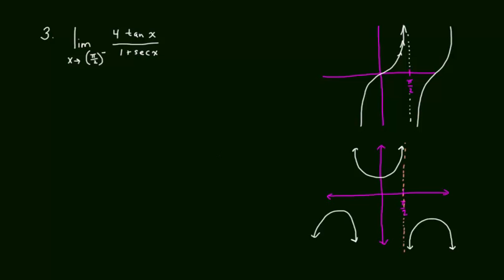And a quick look at the secant of x says as x approaches pi over 2 from the left, that is also going to grow without bound, so that's also positive infinity. So this gives us the indeterminate form, infinity over infinity. So you know what to do next. We're going to say this is equal to the limit as x approaches pi over 2 from the left, and I'm going to take the derivative of the top, and the derivative of the top is going to be 4 secant squared x, and the derivative of the bottom is going to be secant x tangent x,